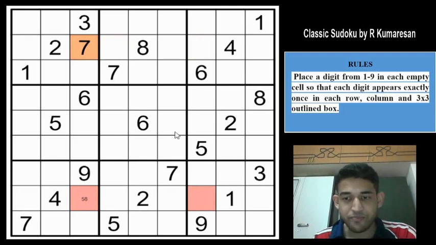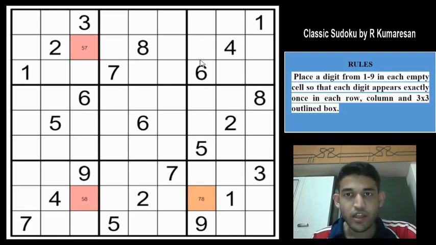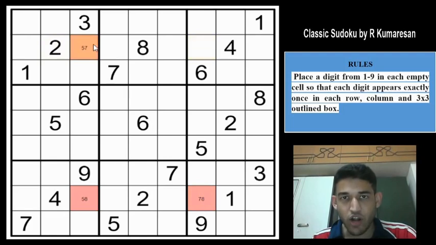Digits in the pattern AB, AC and BC. When you have such digits in such patterns, the common cell which sees the corner of the 2 cells, the AB and the AC, will not have the common digit from these cells as a candidate. So the common digit from these 2 cells is 7, and if you have a 7 here, you get a 5 forced here and an 8 forced here, and that eliminates all possible digits from this cell.